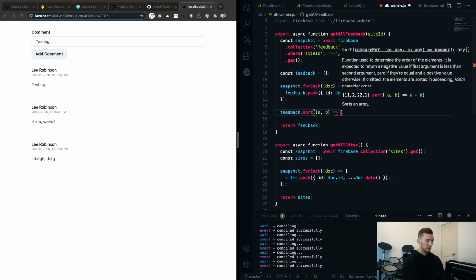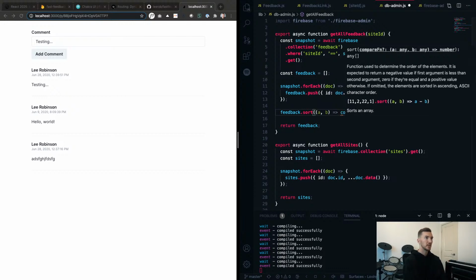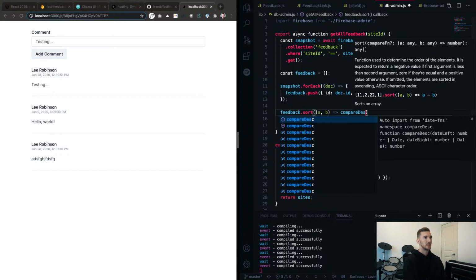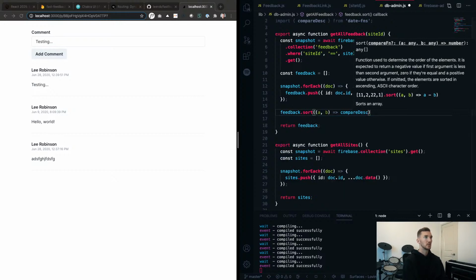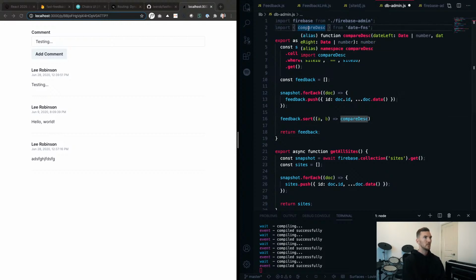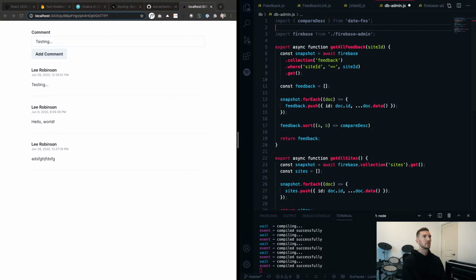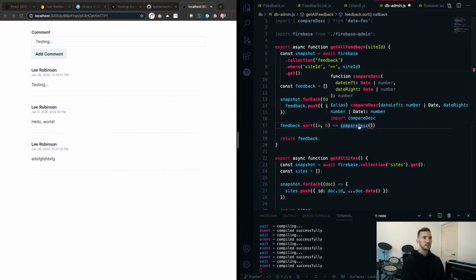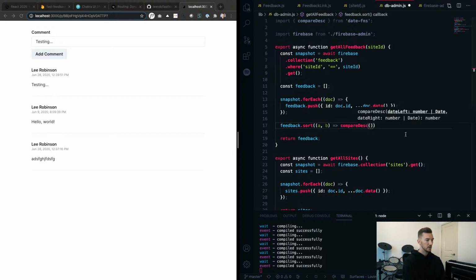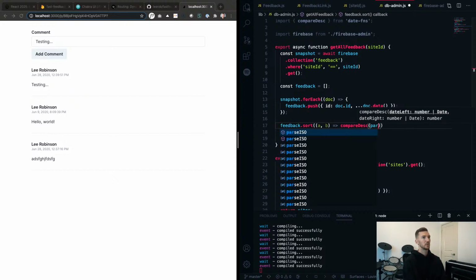we want to compare. Now, we've already set up date functions inside of this repository, so we can use that to compare dates. And there's ascending or descending depending on how you want to compare things. So we can do compare descending because we want the newest ones to be shown first. Again, I'm just going to reorganize that. Okay, so we want to compare these descending, and this takes in an actual date object, which means that we currently only have the ISO strings, so we're going to want to parse